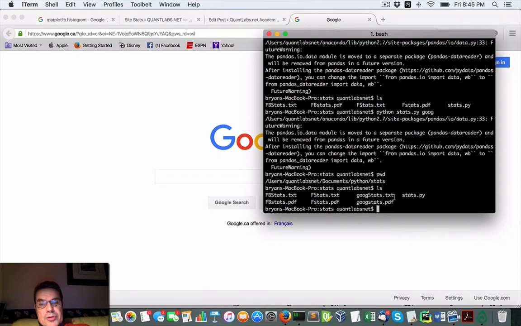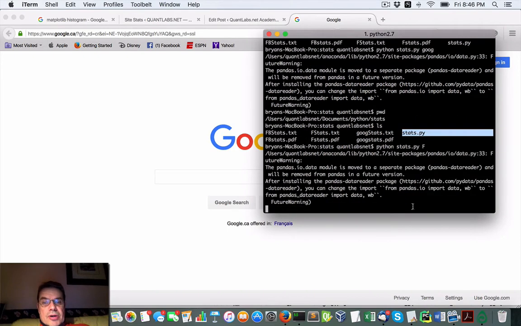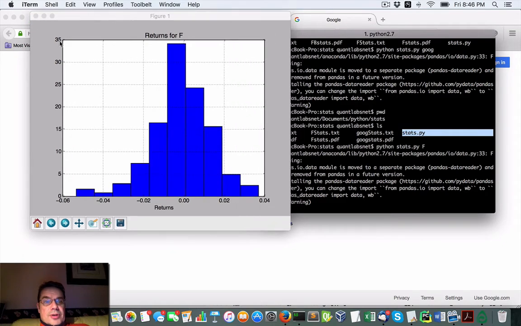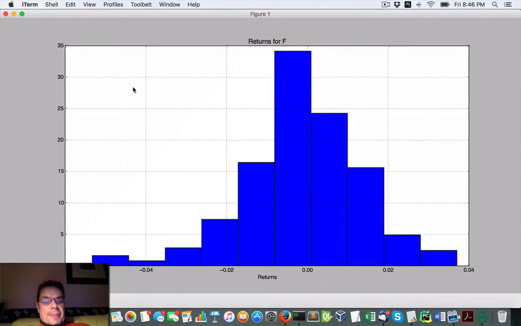The script is called stats in Python. So if I run python stats.py with an argument of any asset I want, in my case, let's say Ford. So I'll just run, and then, like I said, it'll display this histogram, and with the returns